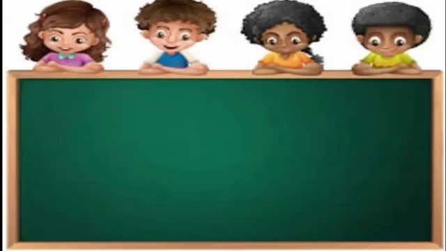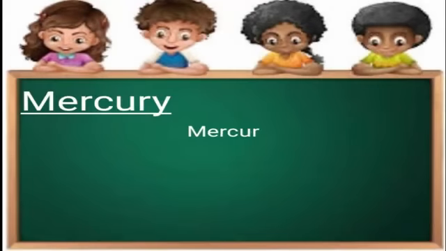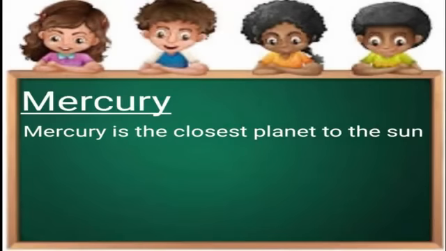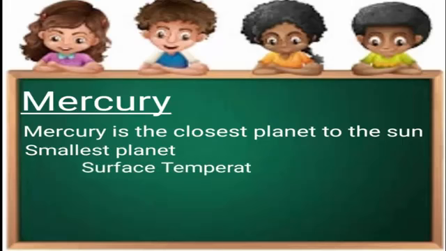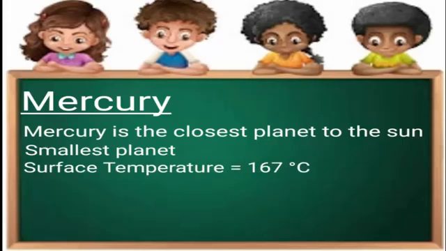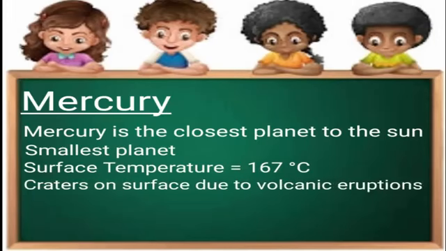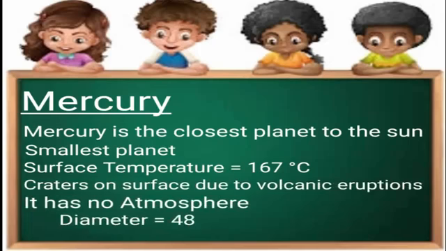Our next subtopic is Mercury. Mercury is the closest planet to the Sun. It is the smallest planet. The surface temperature on Mercury is about 167 Celsius. There are craters on the surface due to volcanic eruptions. It has no atmosphere. Mercury's diameter is